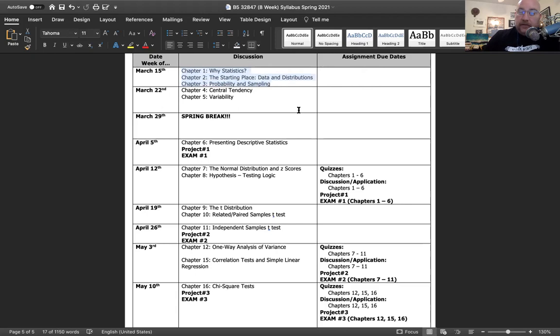You can complete everything early if you want to, but get through these first 3 chapters, and then the second week of the class, I'm suggesting you look at chapters 4 and 5, and that's enough, right? I'm trying to do no more than 2 chapters a week, but somewhere I had to throw in a 3-chapter week, and I figured it was better to do it at the beginning when the information is simpler. Then we have our spring break right in the third week, which is kind of strange, but there it is. And then fourth week, we come back, and I got one more chapter in there for you. That chapter will be a cinch because we'll pretty much have already covered all that material in chapters 1 through 5. So this will be kind of like a review in a way.